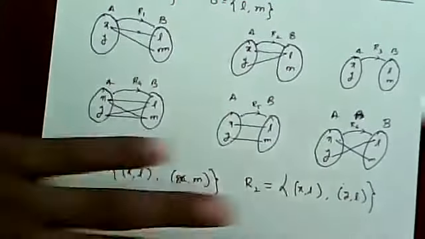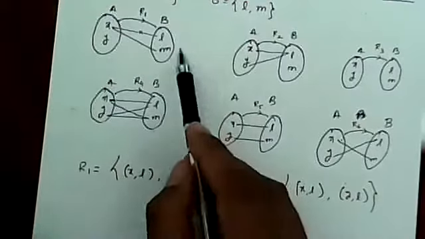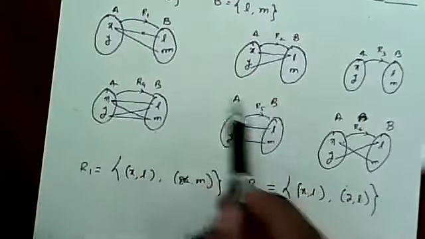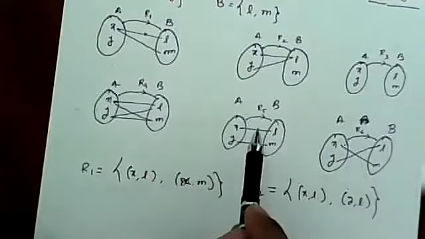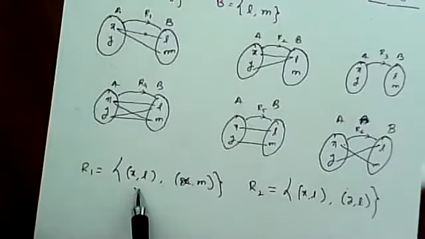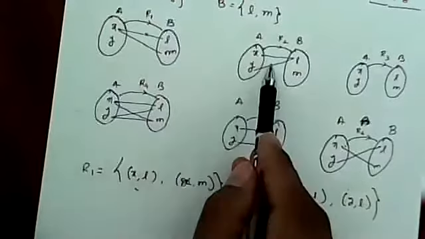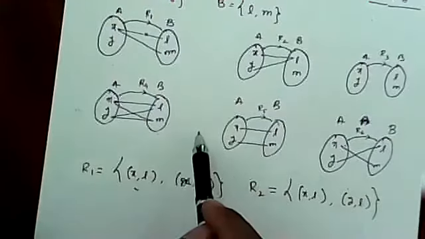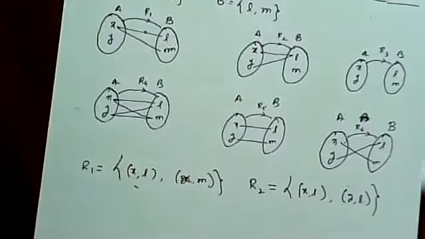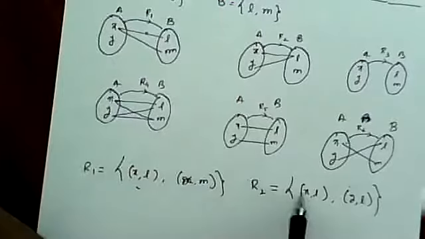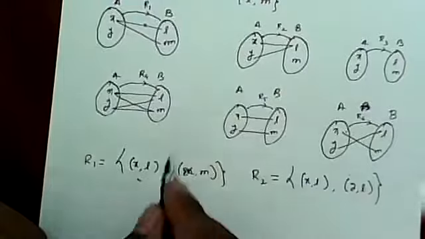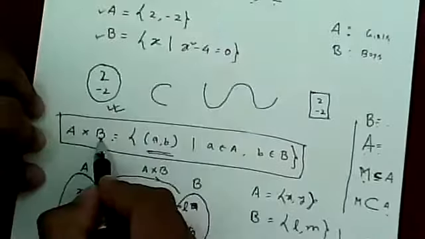Again, I am telling you, while I am describing the thing with this kind of figures, these Venn diagrams, these are not the mathematical versions. So as a teacher, if I ask you what is the relation R1, then your answer should be this. So this is only to get a better understanding. Okay, now, are there any doubts on relation? And if we write a mathematical version of all of them, all of these will be subsets of the Cartesian product of A and B.